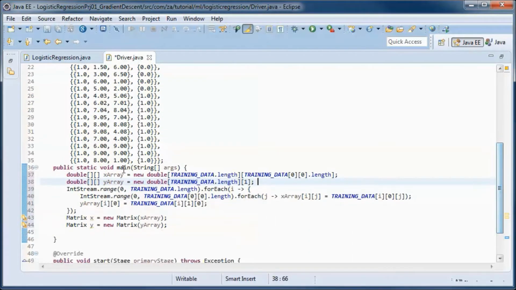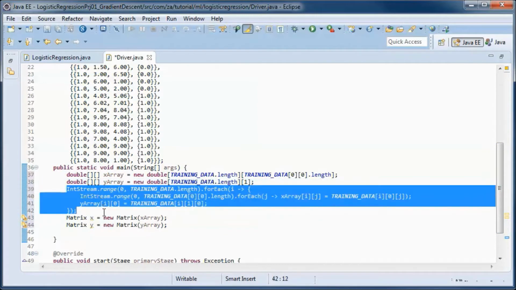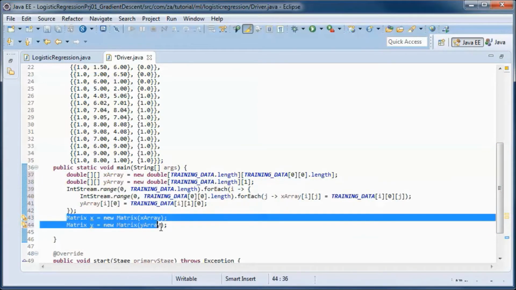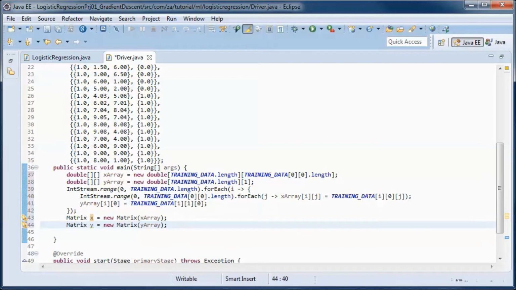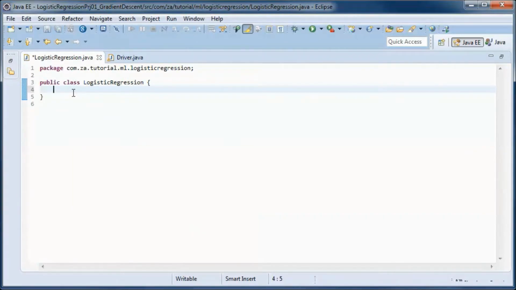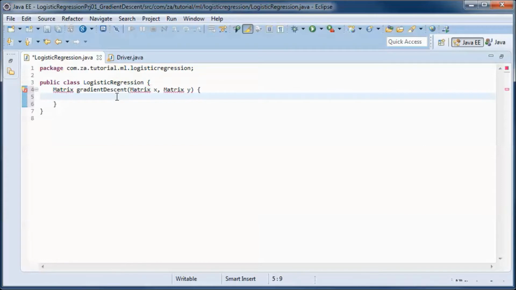And we populate them here and then turn them into matrices. And we will be using those two matrices here. Let's return null for now.